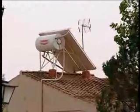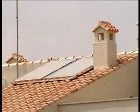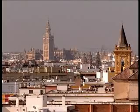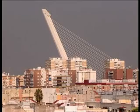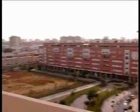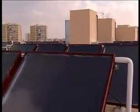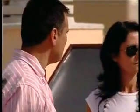Solar panels and storage tanks are a common sight in southern Europe. These days, solar domestic hot water systems are more discreet, but there will be a lot more of them on roofs in years to come. In 2006, the Spanish government passed a law requiring the installation of solar thermal panels in all new buildings. The effect has been a dramatic rise in capacity. The panels on this new apartment block in Seville will provide heating and cooling for 88 flats, bringing financial and